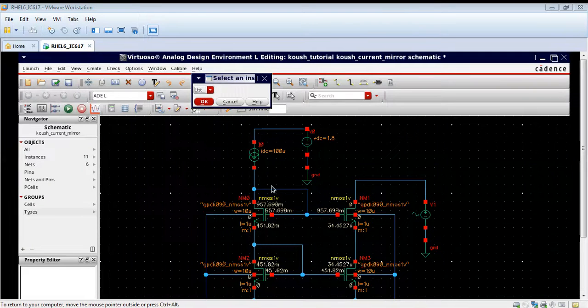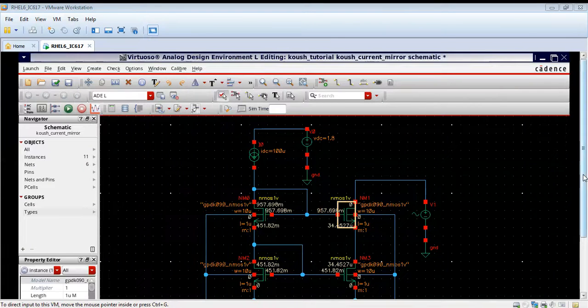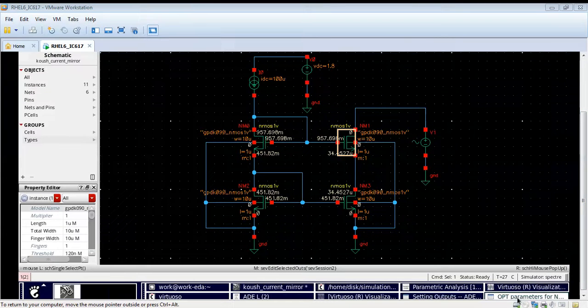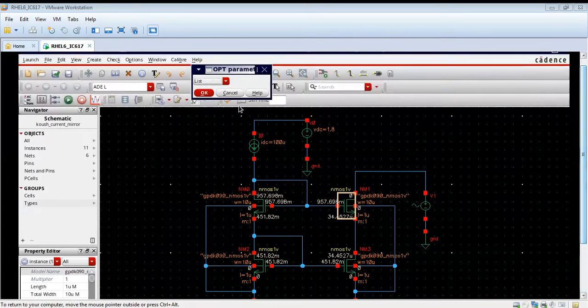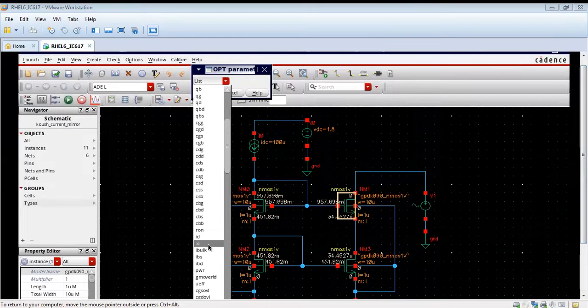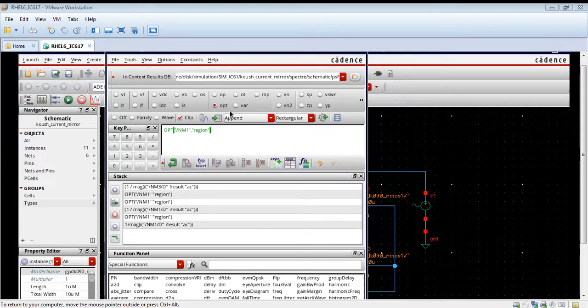Yes, the list is not showing, so we have to select the NMOS, then it will show the list. So go to OPT parameter for NMOS. Now we will select the region. Let me search for it. Yes, it should be in this, region. We can select it by typing RE also. Anyways, we have got the region parameter. Now I will add it to the wave.